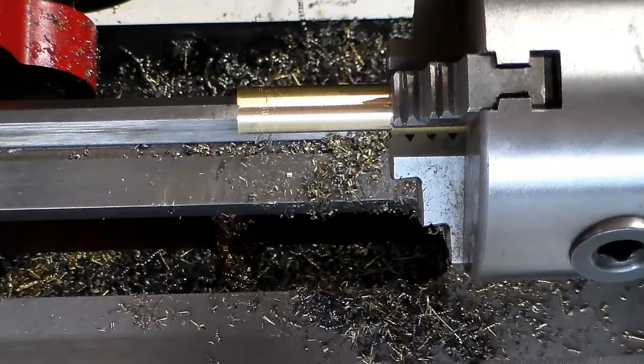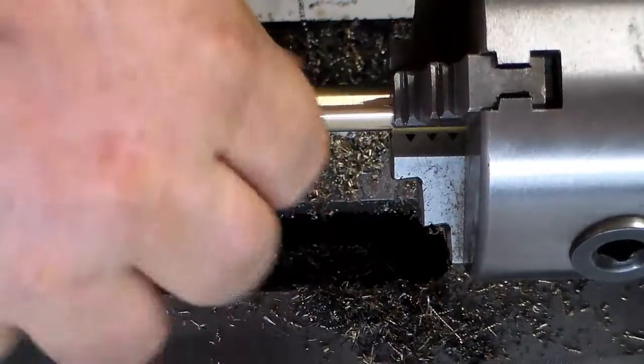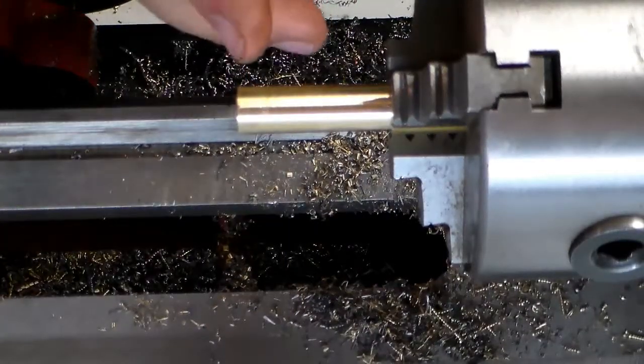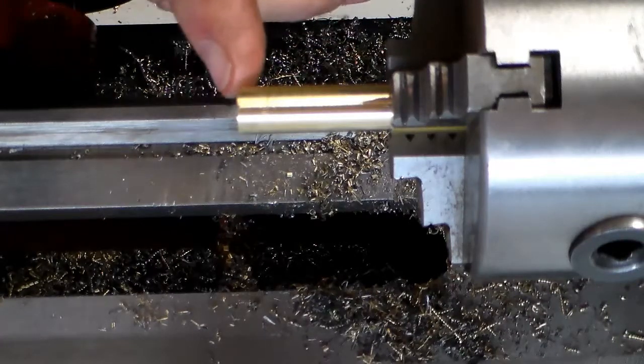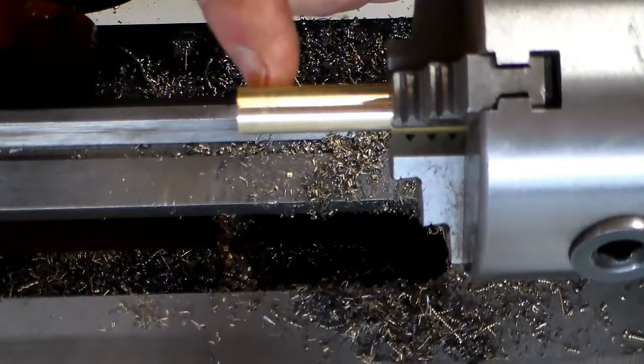Hi guys, we're going to make this nut for tightening the hinge on this sight. I've got a couple lines marked out on here. I don't know how well they're showing up in the video, probably not very good, but I need to turn it to 400 thousandths back to the first line,